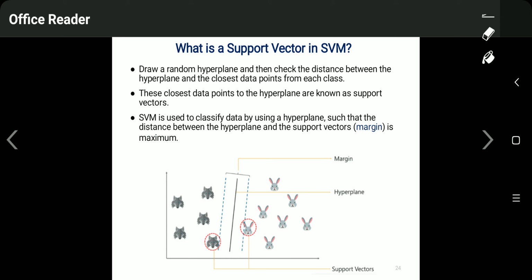The idea of drawing the hyperplane is that we can draw a hyperplane in different ways, in different alignments. So the optimum hyperplane can be obtained by getting the largest margin. Just see here in this diagram, what is the margin? Margin is the distance between the hyperplane and the support vectors which are drawn along the closest point of each data class. So the idea is that this margin should be as large as possible in order to draw a decision boundary, or hyperplane, which is optimal.